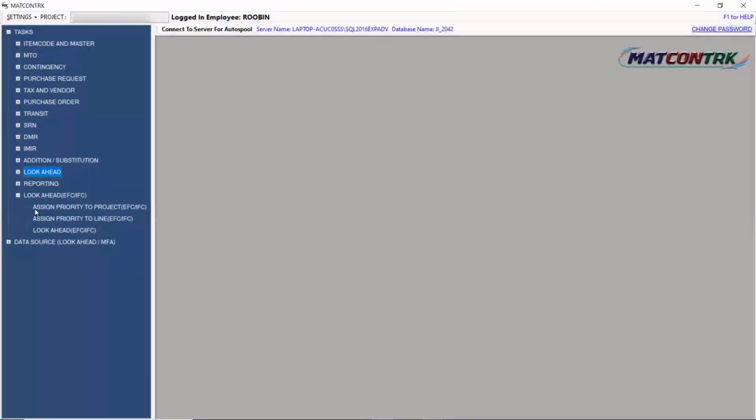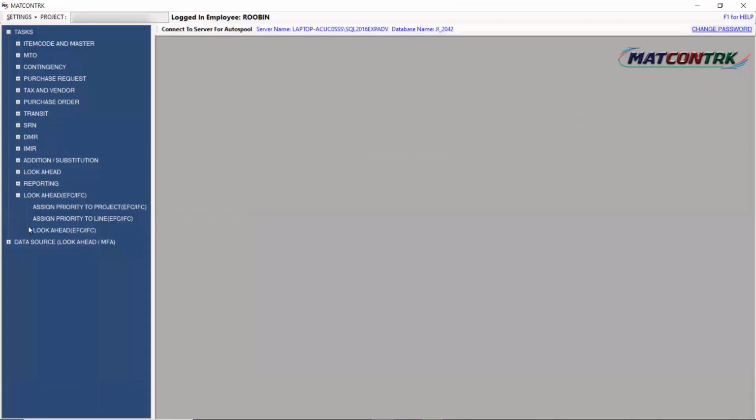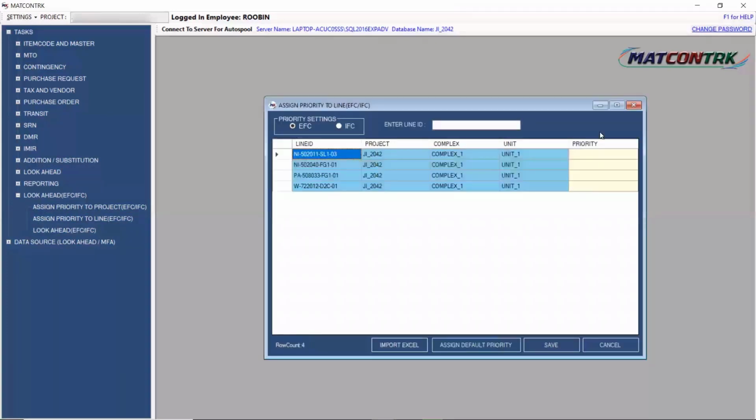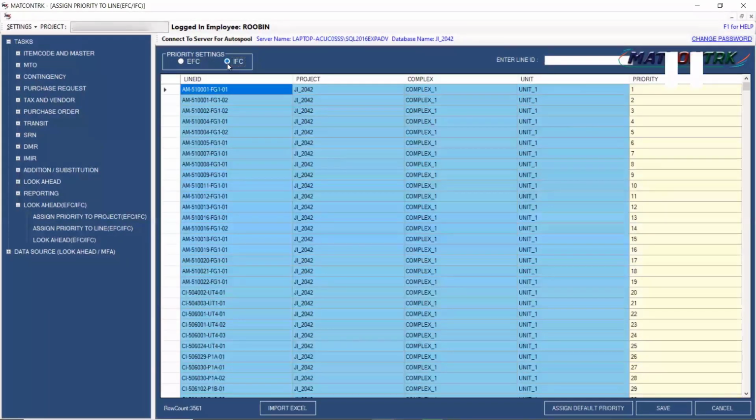Now this analysis can also be generated for the other look ahead lines. One look ahead we have seen, and this is another look ahead procedure. This look ahead can be generated for the auto spooling stage itself. Like Parascad, EPC Proman is also offering a product called Auto Spool, where we are performing the spooling. Here on top of the screen, we can see EFC and IFC. IFC are nothing but the isometrics which are issued for construction.